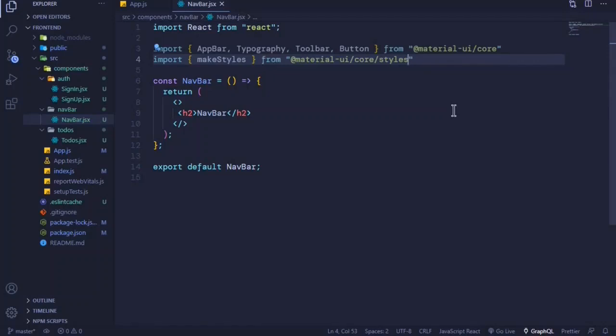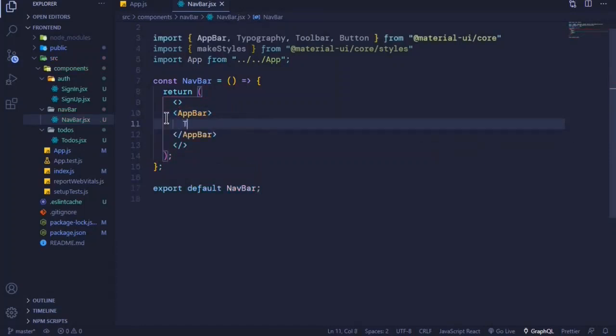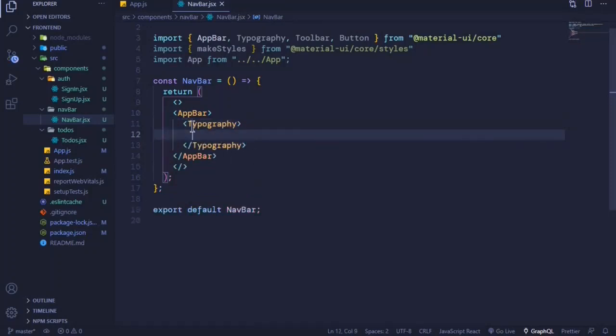So let's come at the very bottom where we have our H2 and remove it. And we want to use our appbar component right here. So appbar. And then inside here, we will use our typography component. Typography, and inside the typography is where we can enter the title of our to-do app. So I can say To-Do App, some fancy camel casing here,